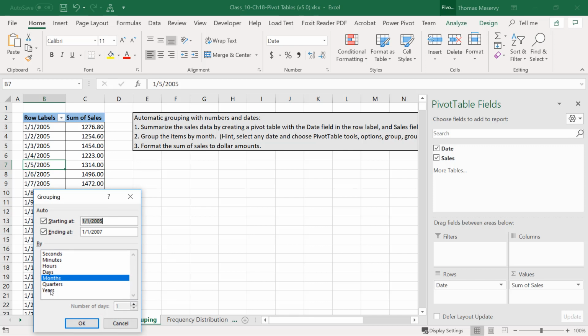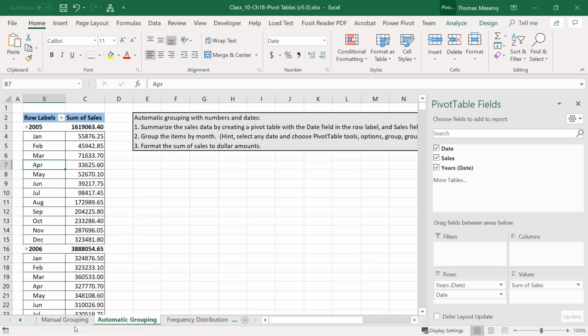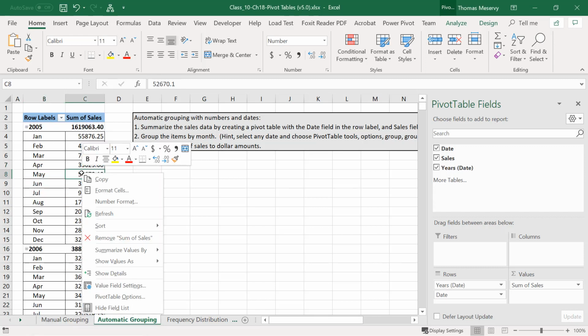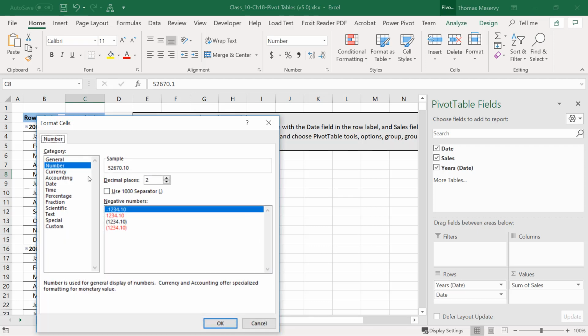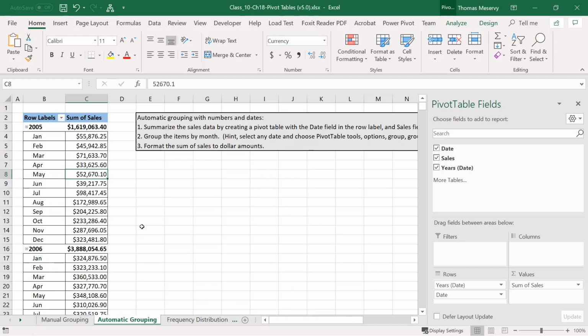If we wanted to, we could also group by year. Let's go ahead and do that rather than clustering everything in just months. We might do that if we're looking at cyclical data or something like that, but in this case, we'll just select the years option there and say OK, and now we have those looking pretty neat. Let's go ahead and right click and format our number here as currency as was requested. And then if we wanted to, of course, we could collapse these